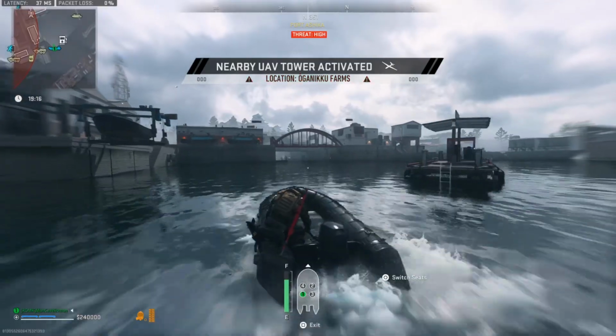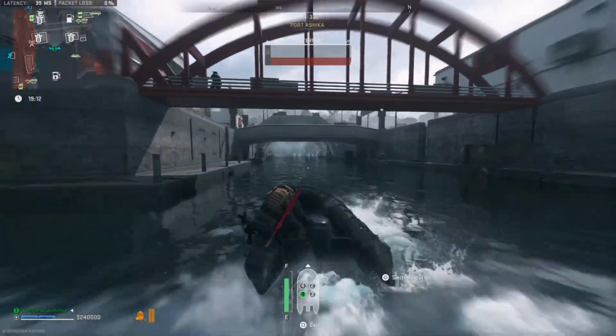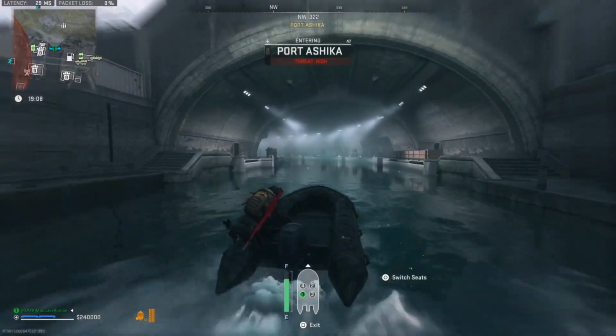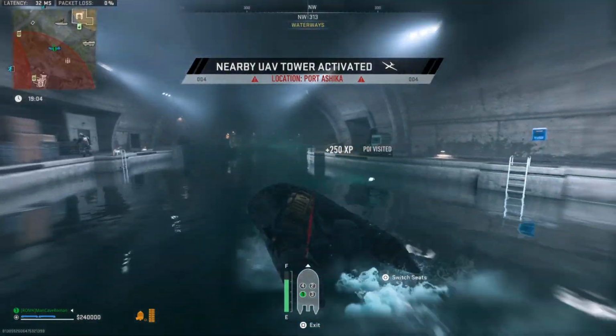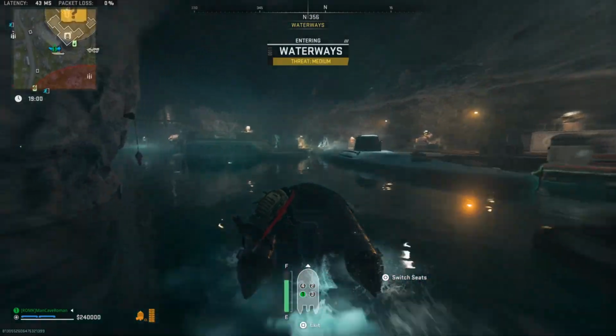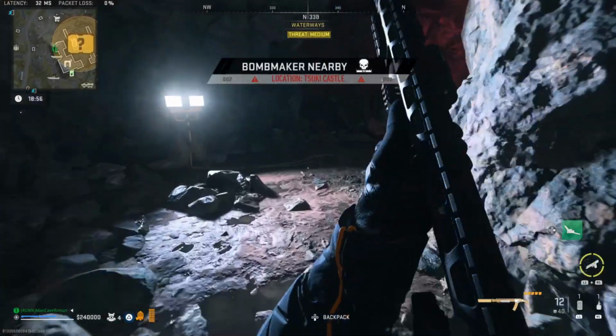Also I have 240,000 on me, 200,000 for the barter and 440,000 for the personal exfil. That's what I need really, because I don't want to compete with other players, I just want to get out real quick. Okay, now I'm just jumping straight into this place,